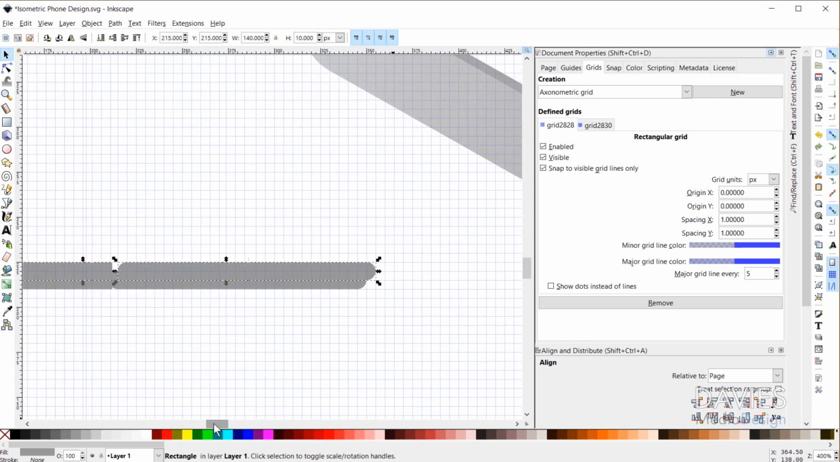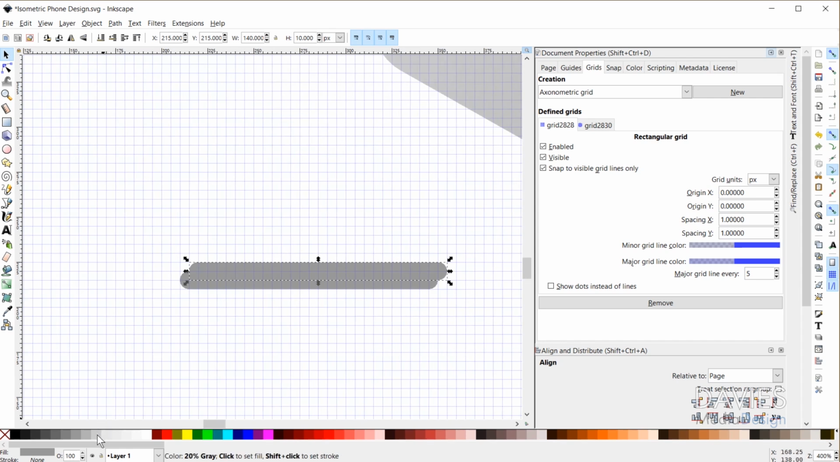And I'll hold Control and zoom out a little bit. I'm going to make this a little bit lighter of a gray color, and I actually need to just move this down and over a little bit. I don't want it to go over that much. And once I've done that, I'm actually going to click on this bottom one again and hit Control D again